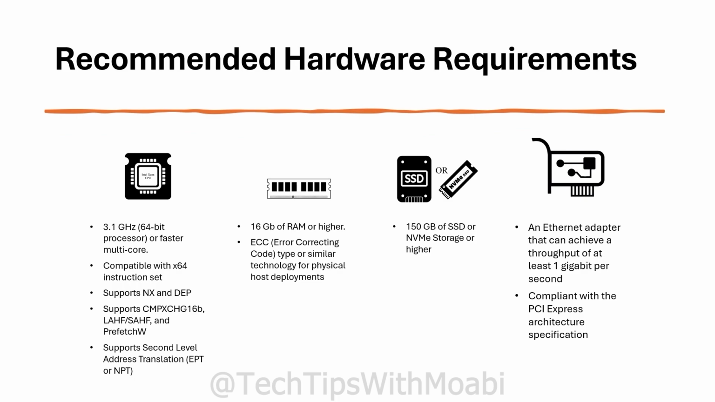And now for the recommended hardware requirements. For the CPU, you will need at least a 3.1 GHz 64-bit processor or faster, compatible with x64 instruction set. Typically, these CPUs are known as your Intel Xeon CPUs, which can support all the functionalities of a server machine. 16 GB of RAM or higher will be best. It should be able to support error correcting code or similar technology for physical host deployment. For the storage, 150 gigs of SSD or NVMe storage or higher would be best for your server. The reason for this, these storage devices are way better than the old traditional hard disk drives. And lastly, an Ethernet adapter that can achieve a throughput of at least 1 gigabit per second,